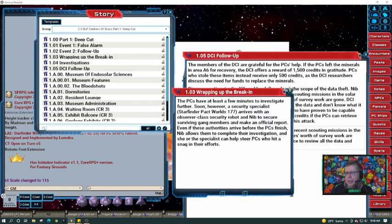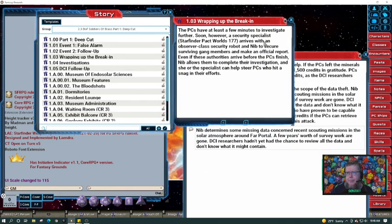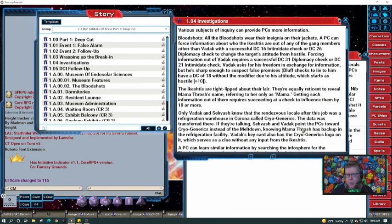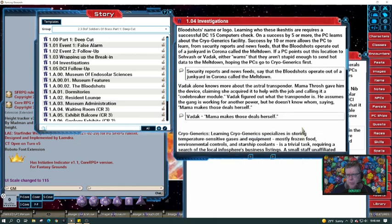Okay, so we're looking at wrapping up the break-in. Nib allows them to complete their investigation. She or the specialist can help steer the PCs who hit a snag in their efforts. So the book actually says what I just said a moment ago, so it makes it nice. All right, so investigations. So what I'm going to do then,